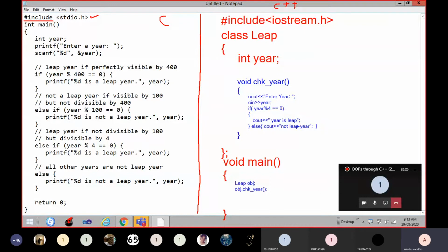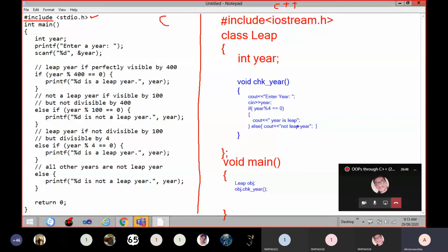Sir, we have to include using namespace std, no sir? Yes, in the case of Ubuntu environment, in the case of GCC, yes, you have to include namespace std. But in the case of Turbo C++ environment, it is not required.